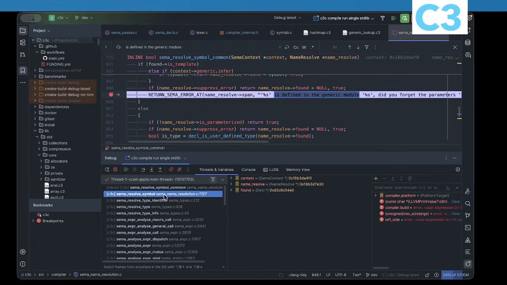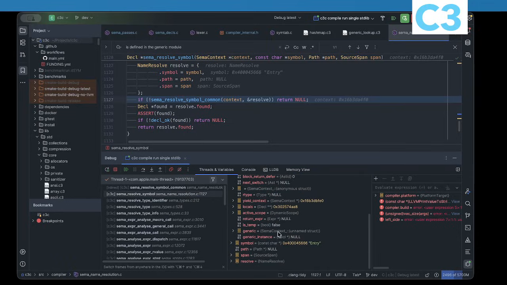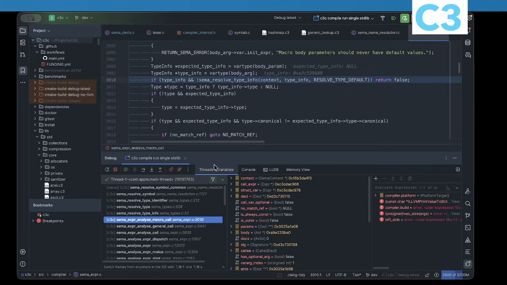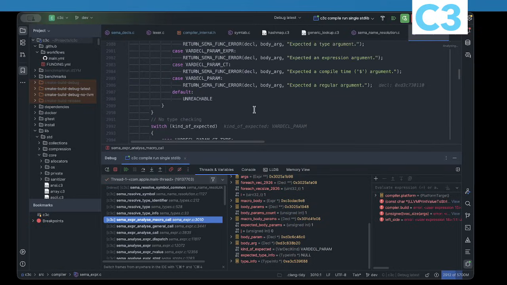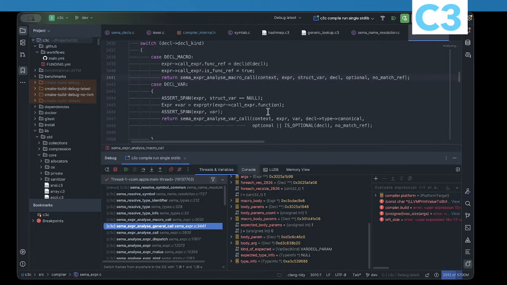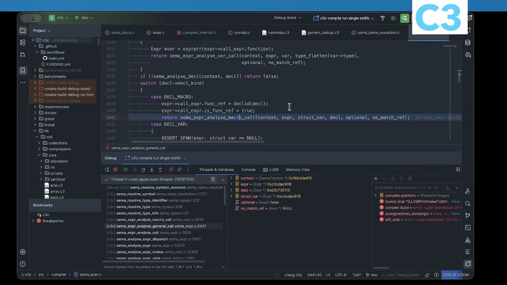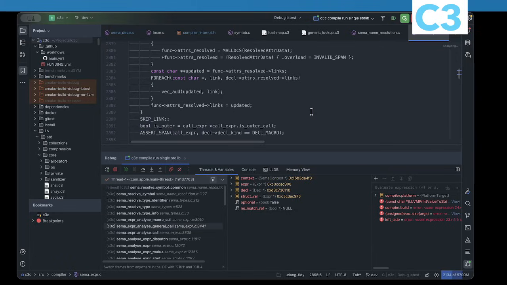Right. Okay, so we're resolving the symbol, and let's see what the context is. The context doesn't know what the generic instance is. Why? We are in a macro call, right? So let's see what the macro is. The macro itself might not have set things right. I think that's probably the case, because when you do this with a macro call, you obviously need to update the